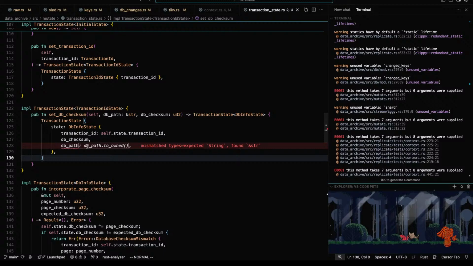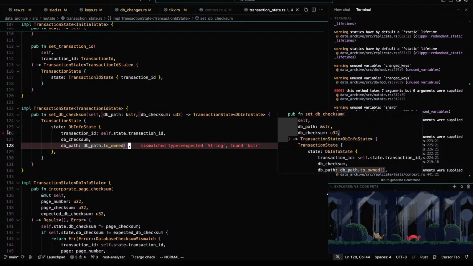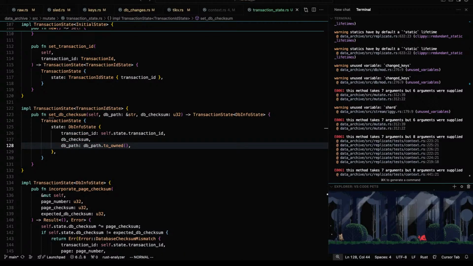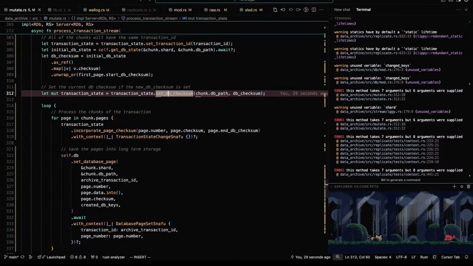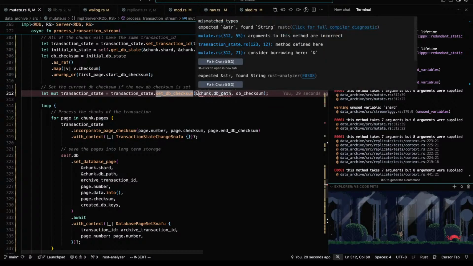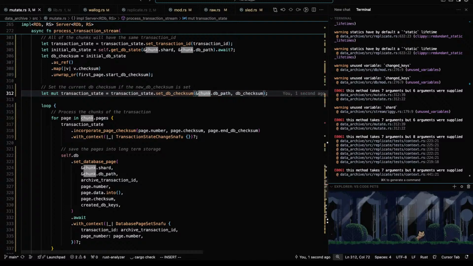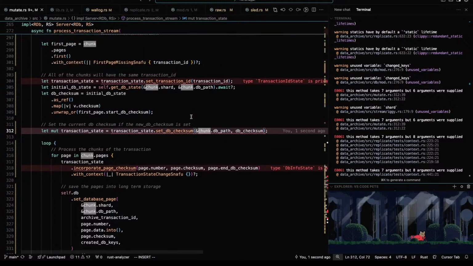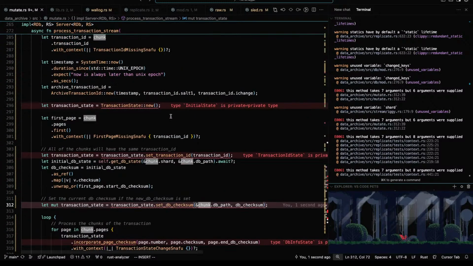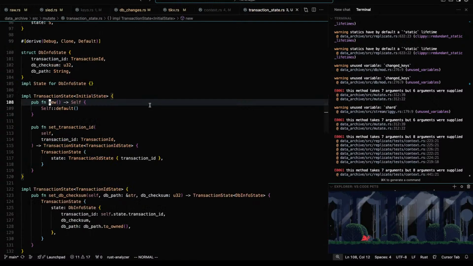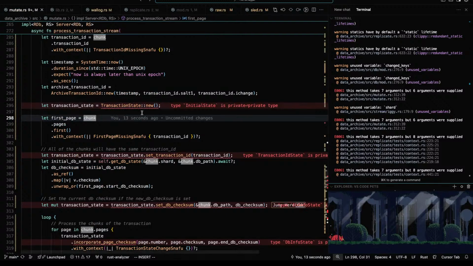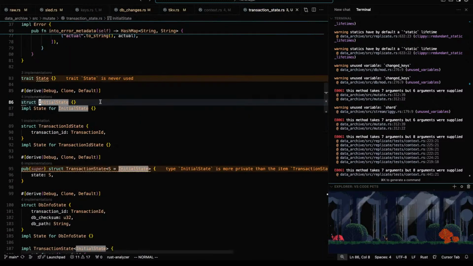Interesting. DB state. We do want a copy of that. Initial state is private. Private type. Oh, yes. Initial state.